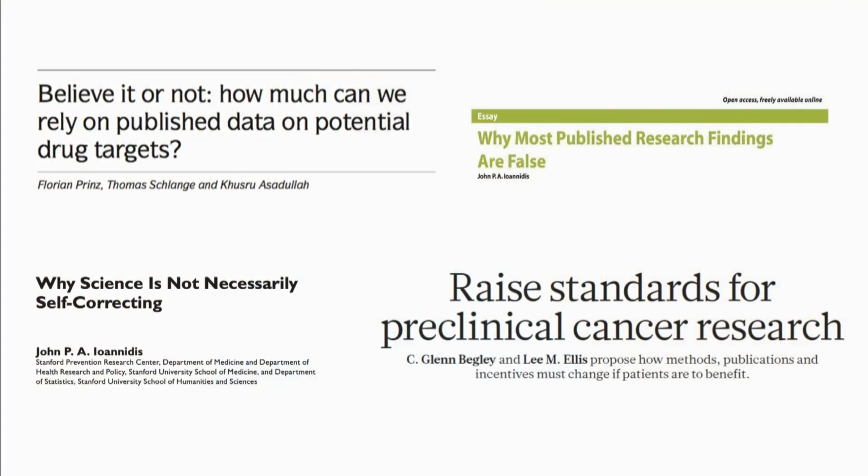And a key part of a healthy self-corrective process is that the evidence used for generating and refining explanations is credible and trustworthy. But there's concern that there is little opportunity for self-correction to occur because there's a weak foundation of evidence upon which progress can be built, allowing explanations to be generated that explain phenomena that either don't exist or we have inaccurate explanations to explain phenomena that do exist.